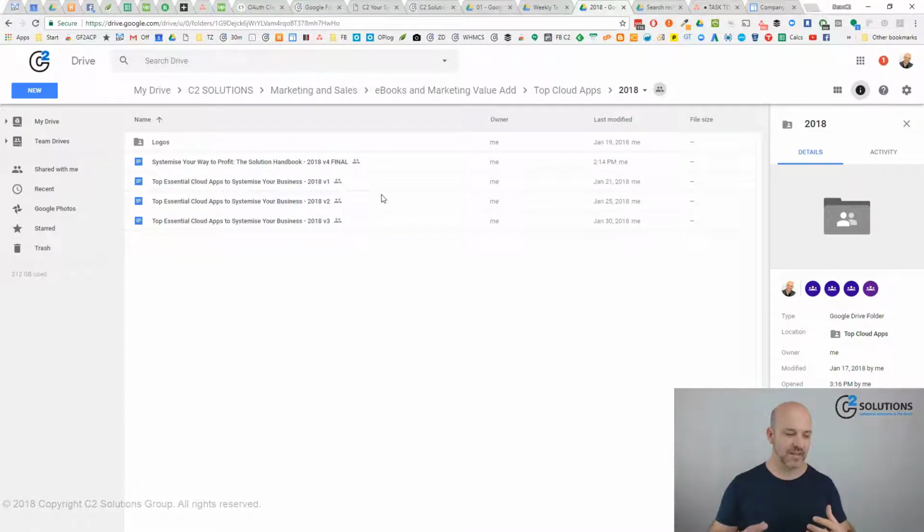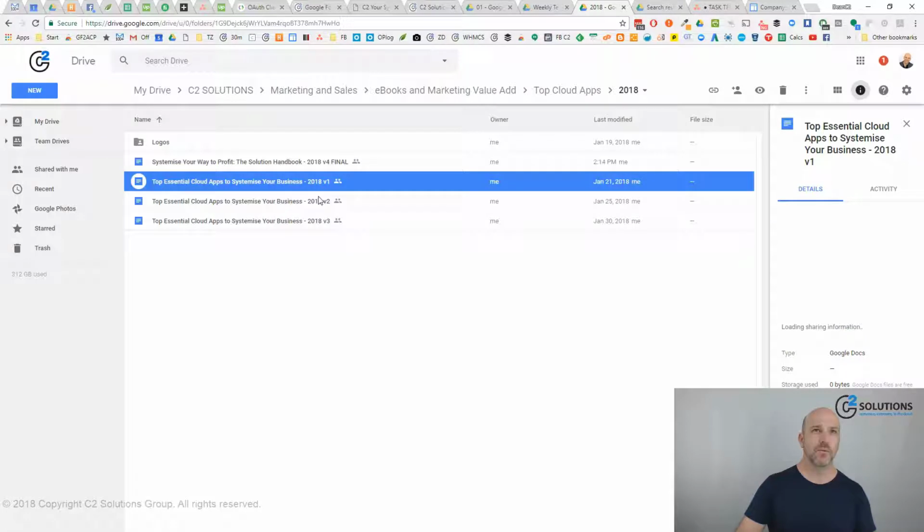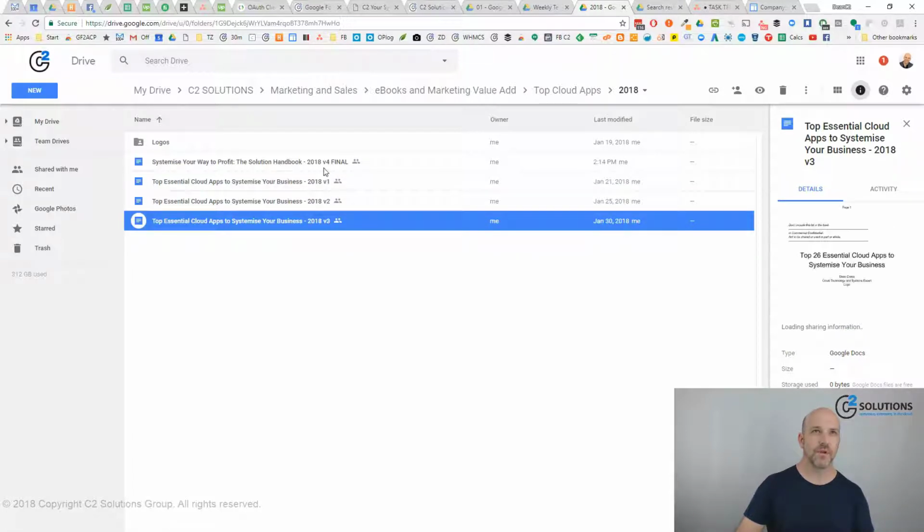Now another strategy is in naming your files. If the date's not relevant, then you can use versioning. I always put a number on every file, even if I'm saving graphic files and things like that. I always put a number on the end of it. So here's our ebook. We've actually just finished it today. Finished the final copying and it's off for being designed. You'll see here we went through version 1, 2, and 3, and when we got to the final version,